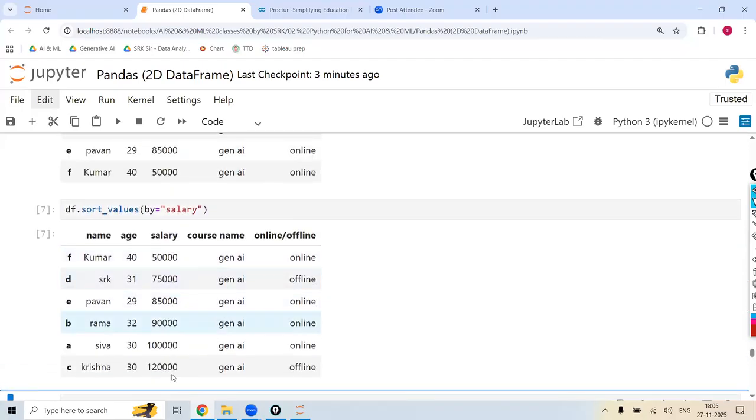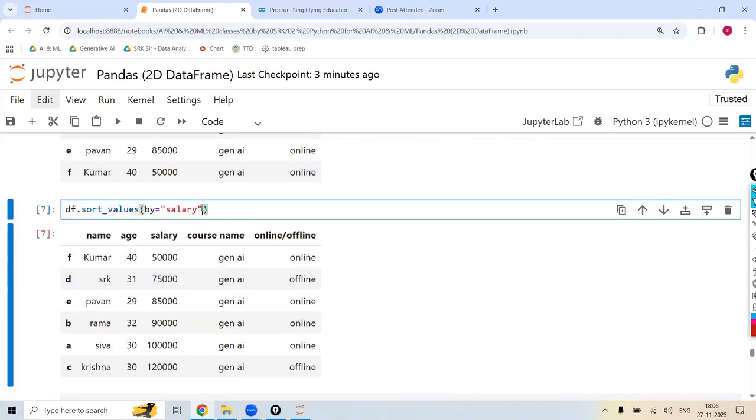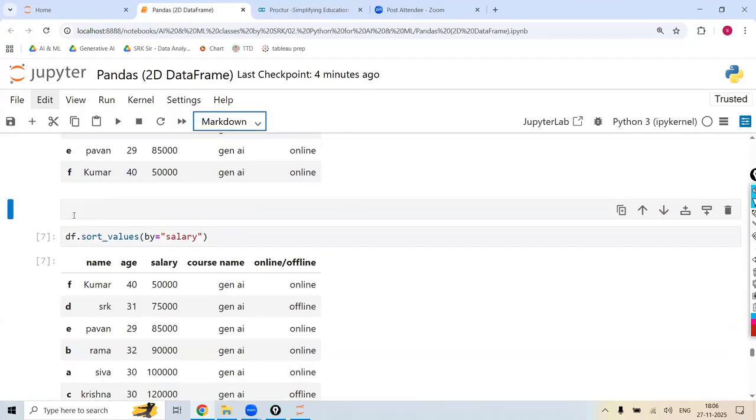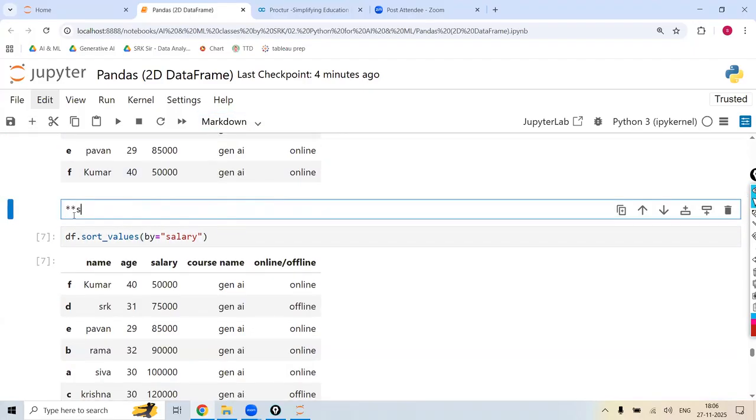So I'm going to get the data based on salary in ascending order. By default, it will give the ascending order. If you want the descending order, then you have to write ascending equals False. If you write ascending equals False, it is going to give the descending order. So just here, I'm writing the note: sorting the data